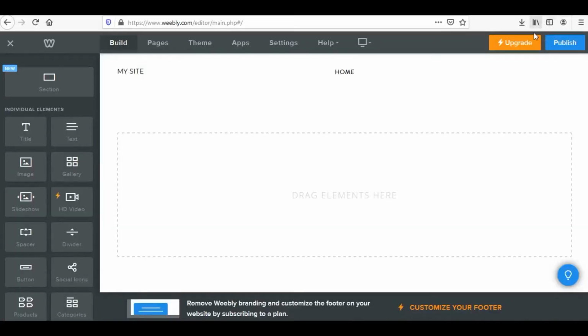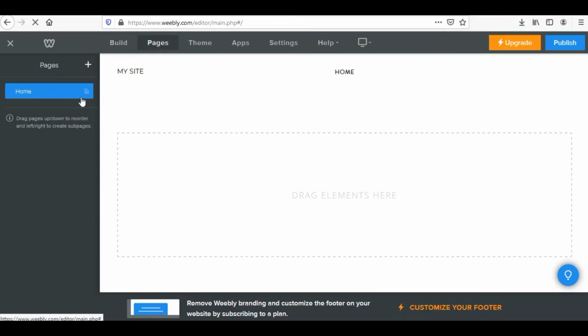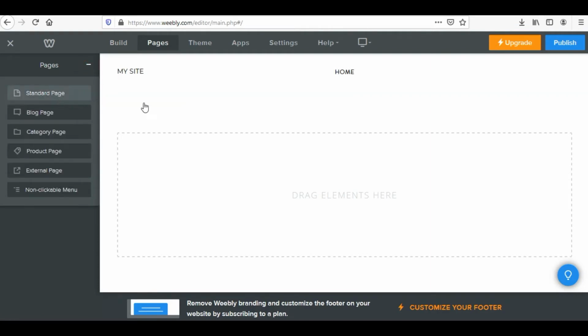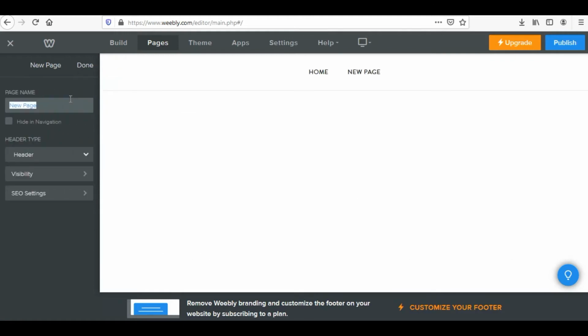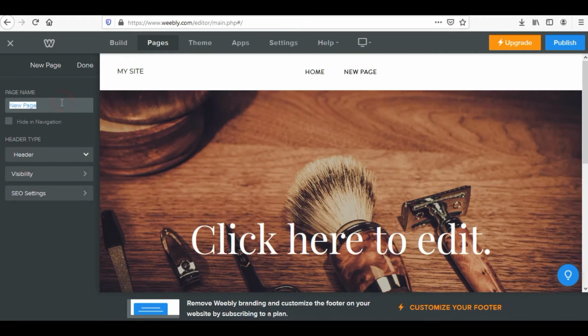Hello friends, so let us move to the second part of how to create a website with Weebly. So in order to create pages, I'm in the Weebly editor now. I would be clicking on this navigation of pages and clicking on this plus button. Already there is a home page in the website which I can see over here. I want to create one more page which I would call the products page. So I'll just name it as products.